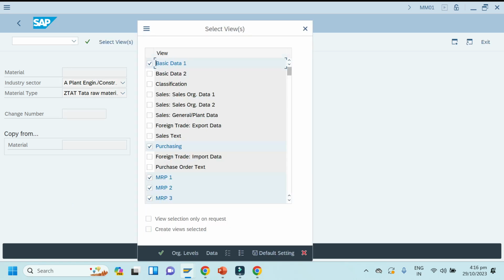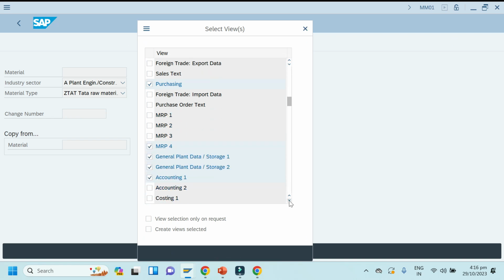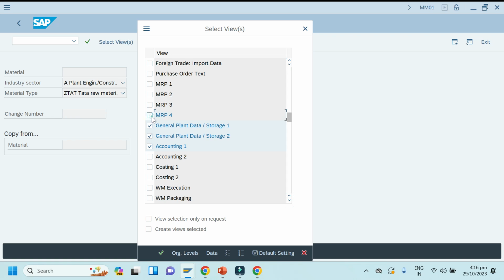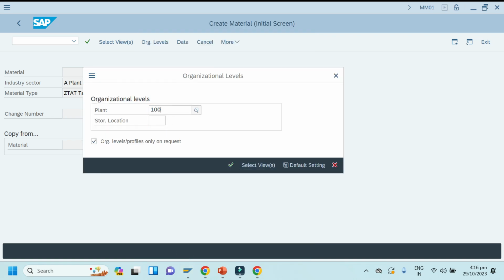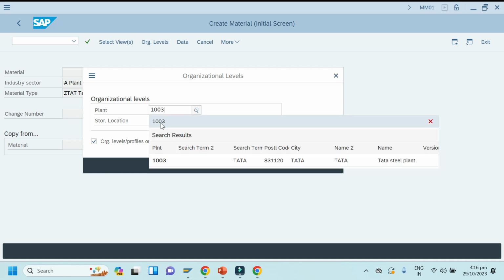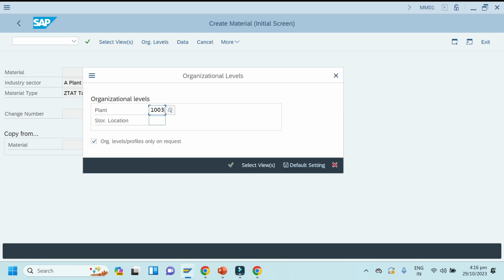Click enter. So I'll just select only MM view only, no MRP view. Basic data 1, purchasing, general plant data, storage 1, accounting view. Okay, that's all. Click org level, enter plant, storage location. I will take it 0001.